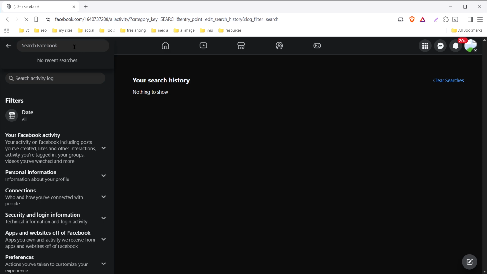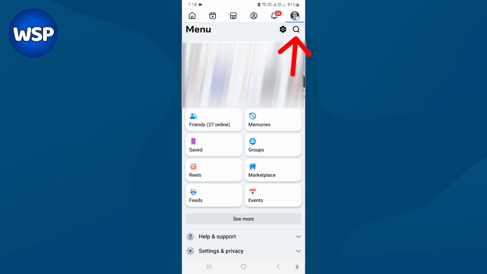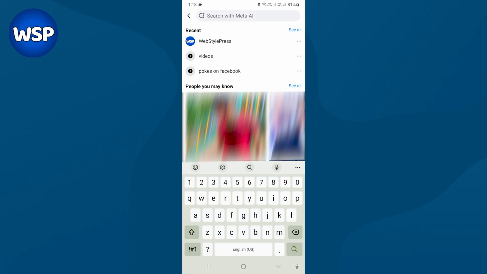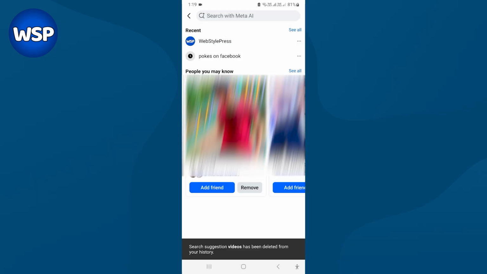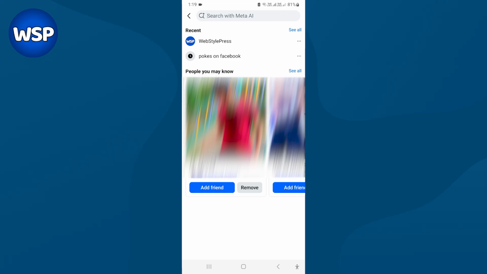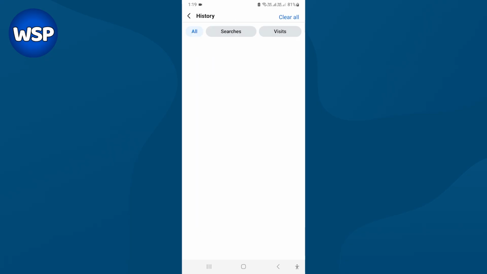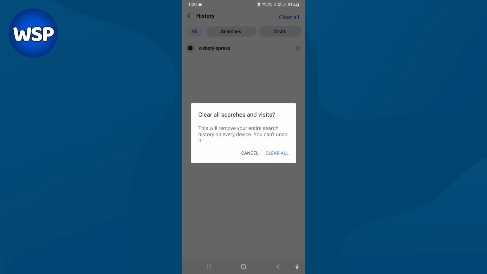And it's the same process on mobile as well. On mobile, open the Facebook app, press the search icon, and here are my searches listed below the search bar. I can tap three dots and select delete to delete that searched term, or in front of recent, I can tap see all to see all the searches that I have performed. Here I can delete these searches individually, or I can press the clear all link and then press the clear all button to remove the complete search